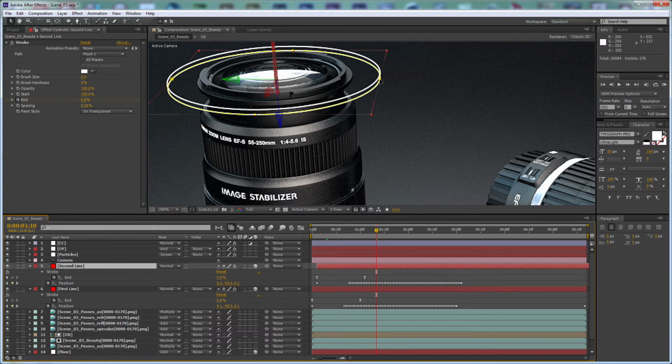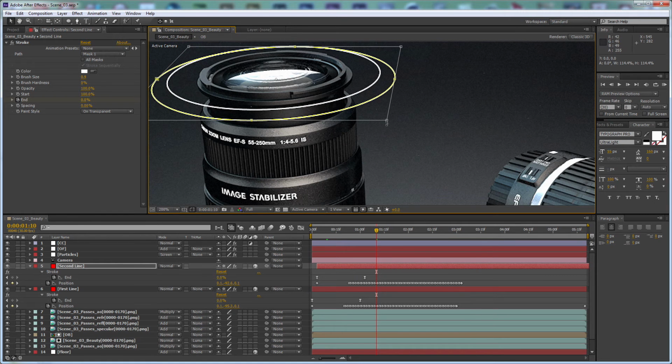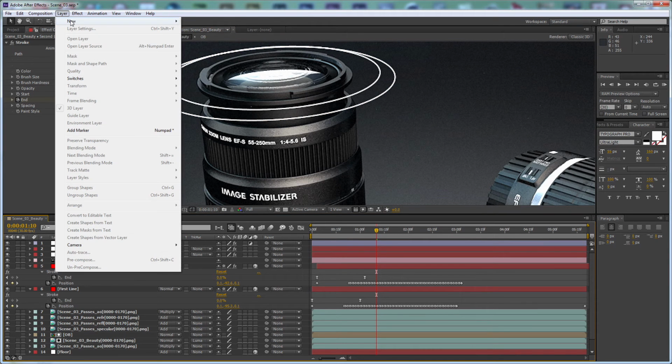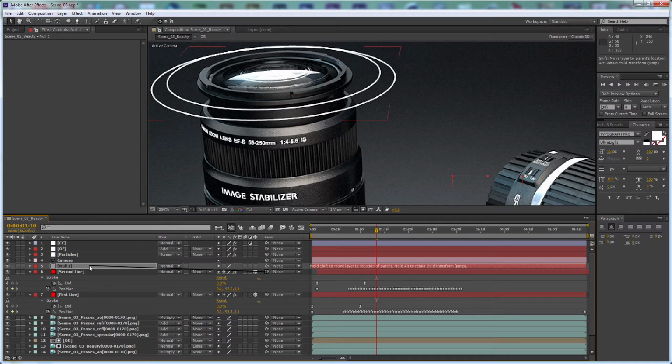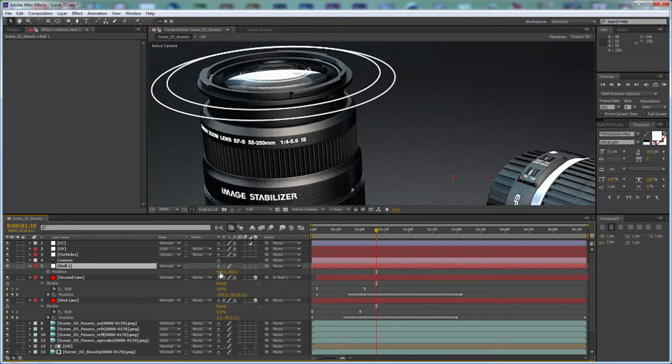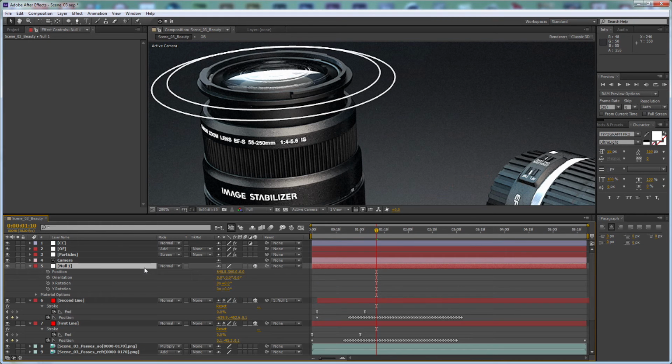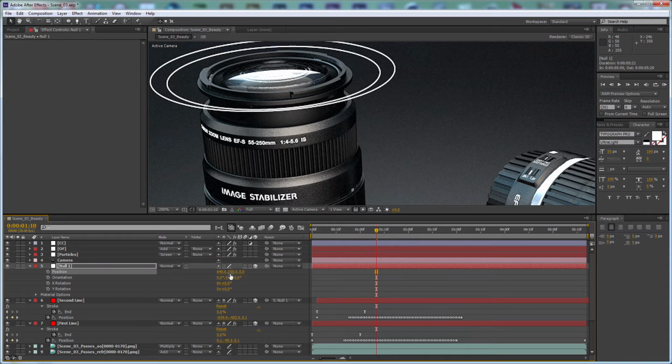And we are going to select the mask and just expand the mask a bit, and create a new null object. So go to Layer, New, Null Object, and we are going to link the second line to the null object, because we have position animated and we can't move the position, but we can link the layer to the null object and hit P for the position of the null object. Make the null object 3D as well. And let's offset these 5 frames